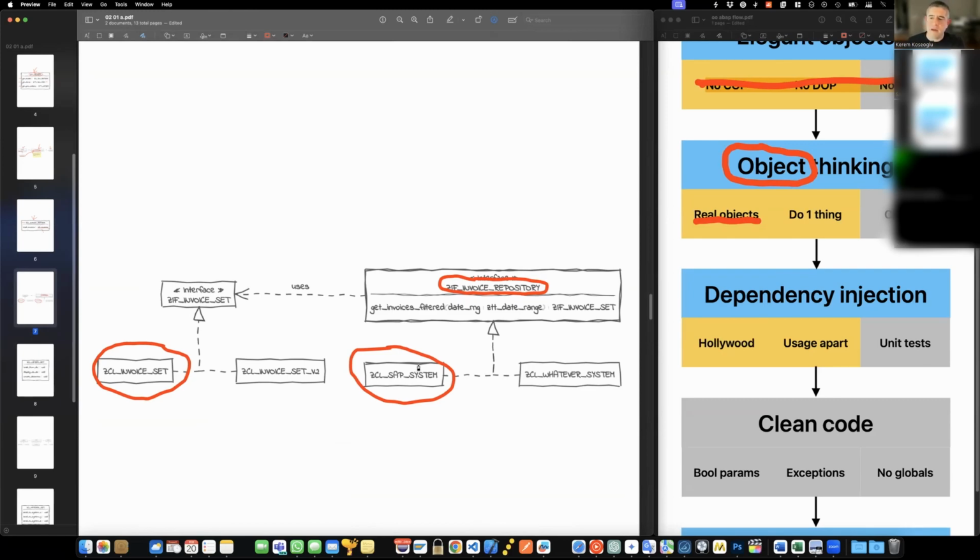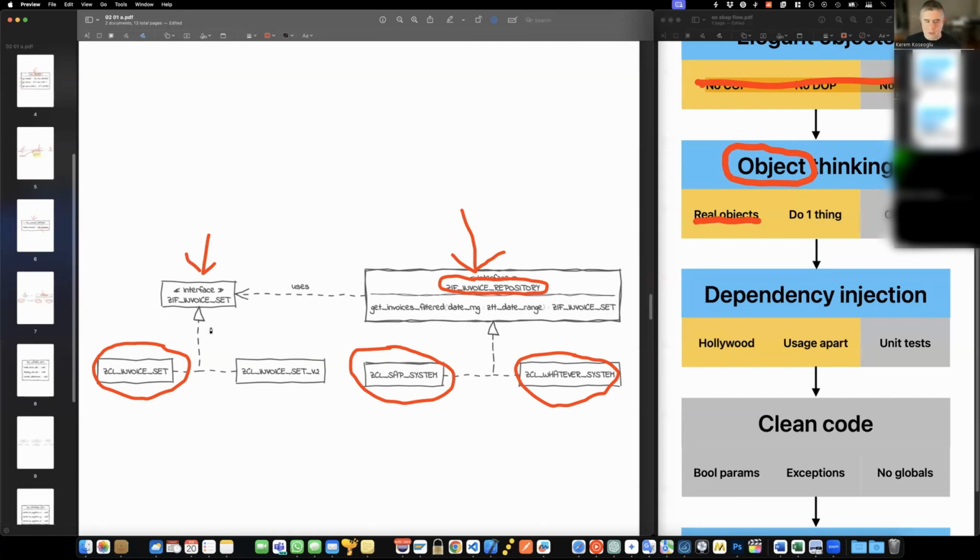Maybe SAP is my internal and central invoice system, but then I have a marketplace on the internet somewhere. They also have a separate invoice system. So whenever I want to pull invoices from those systems, I will simply access this invoice repository and first pull the invoices from the SAP system, which will return to me an invoice set in the form of an interface,